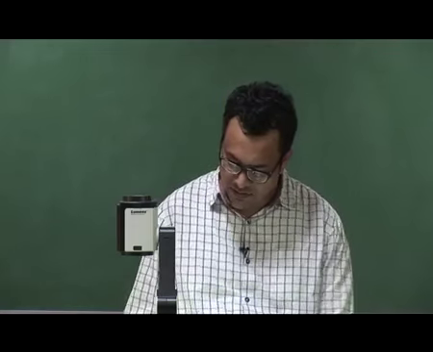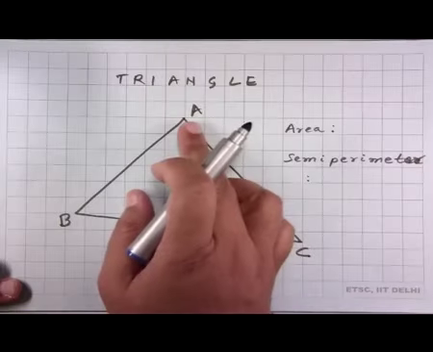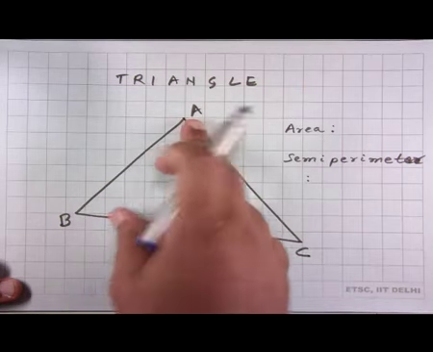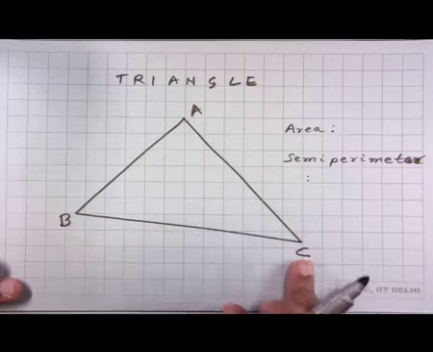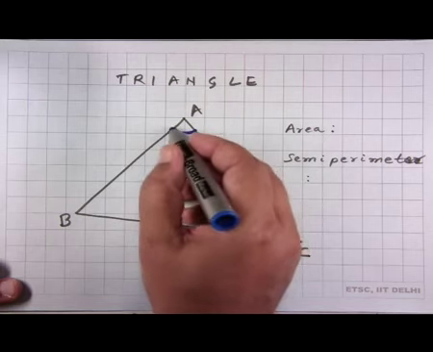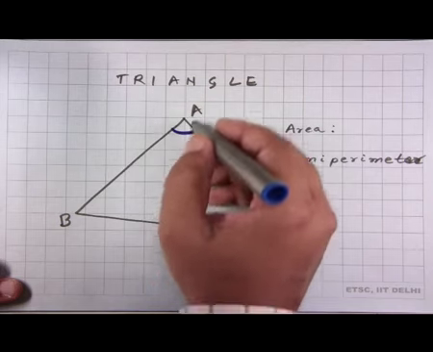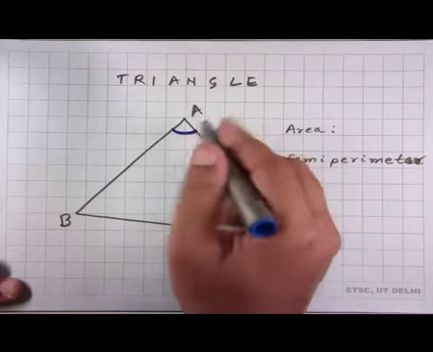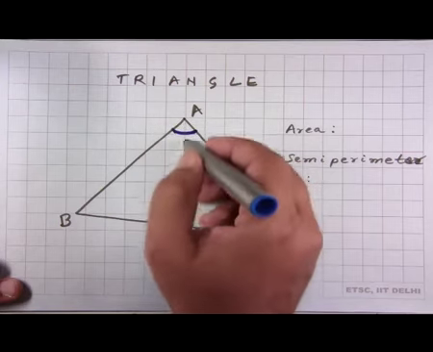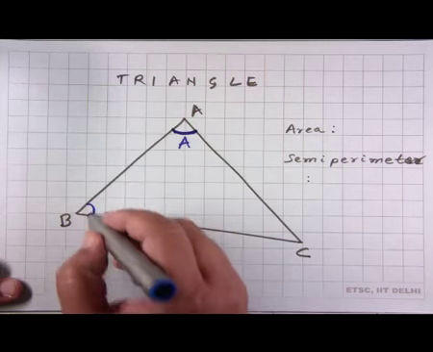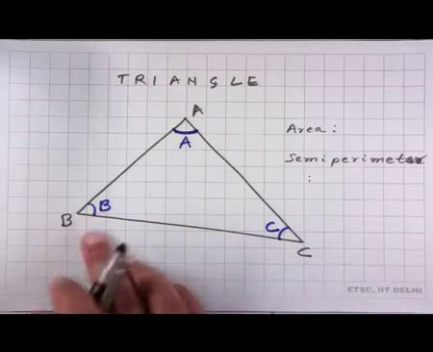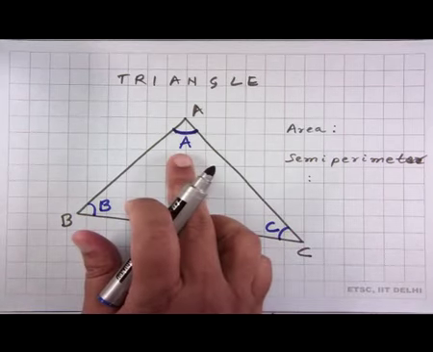So, as you can see here, we denote the vertices of the triangles by the uppercase letters A, B and C, and each angle shall be denoted by the same letter as that used for the vertex corresponding to this angle, which is A itself, and this angle will therefore be B and this will be C. So, for the angles we will be using the uppercase letters.